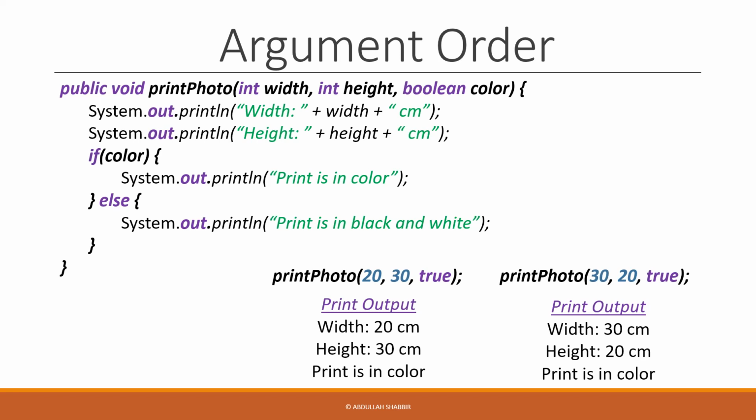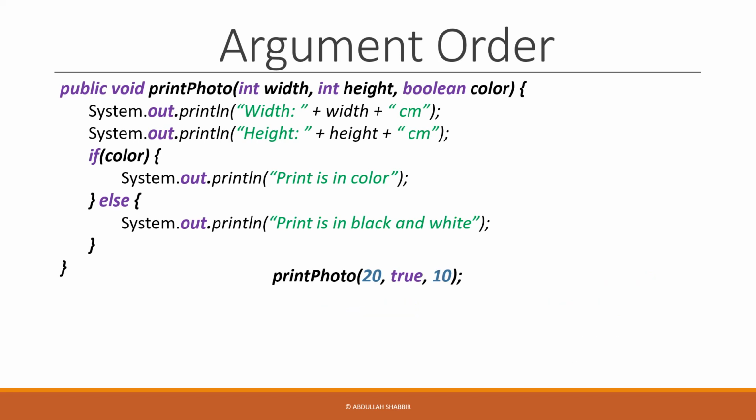Matching your arguments to the type of parameter expected is also important. For example, putting true as our second argument would cause an error. That's because this is a Boolean value and our function definition specifies that we want our second argument to be an int. Having our third argument to be 10 would also cause an error because this is an int and